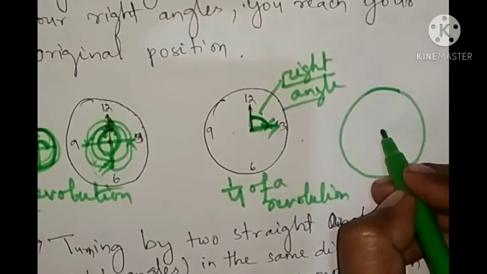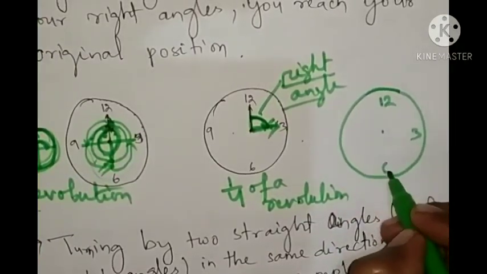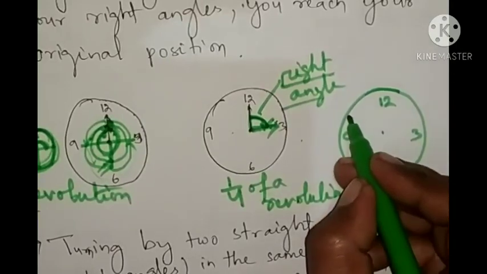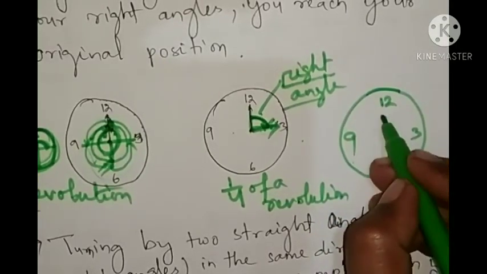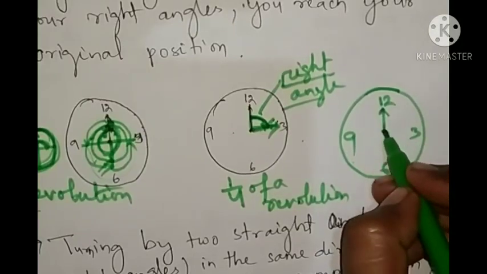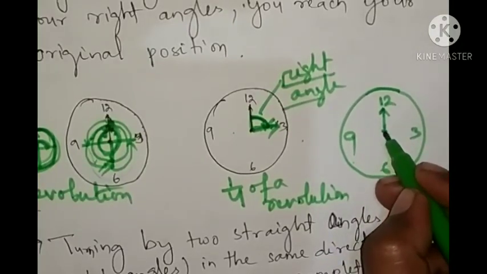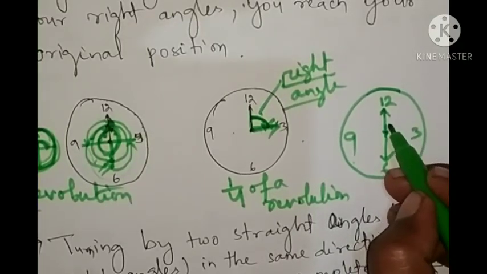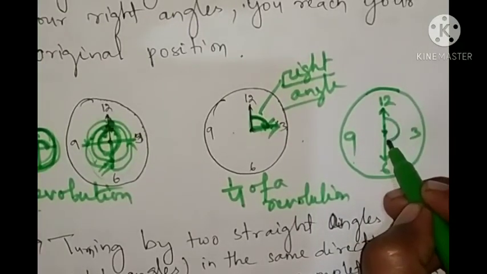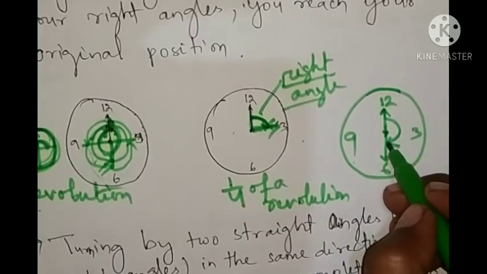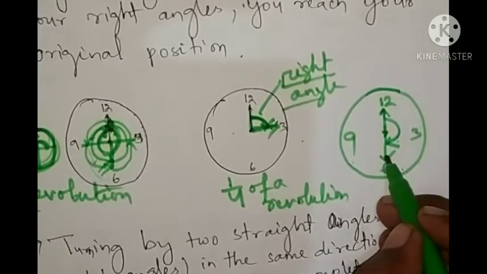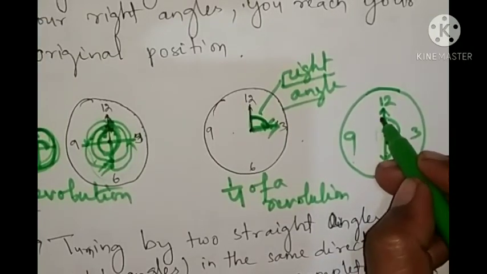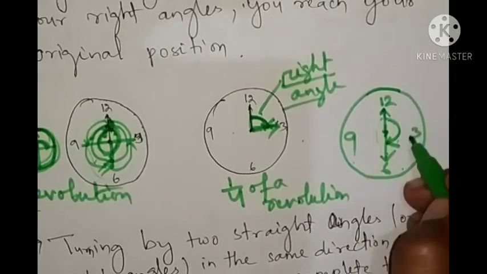Next you see, this is a what? Clock. So look at here, 12, 3, 6, 9. Here 1, 2, 4, 5, 7, 8, 10, 11 is there. So if 12 is there, then this hand will come to 6. So it will come to 12 from 6. It will take a straight angle turn. Here it is forming straight angle. So it takes two straight angles to make a whole turn.